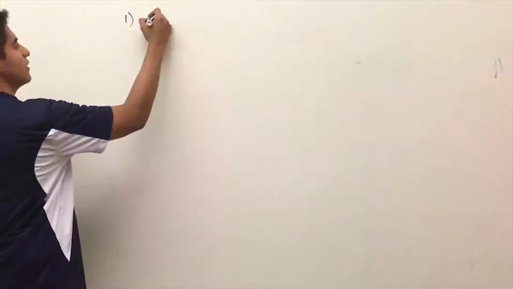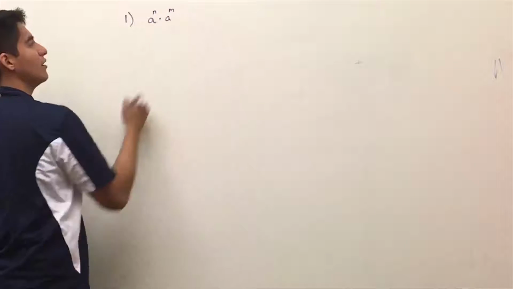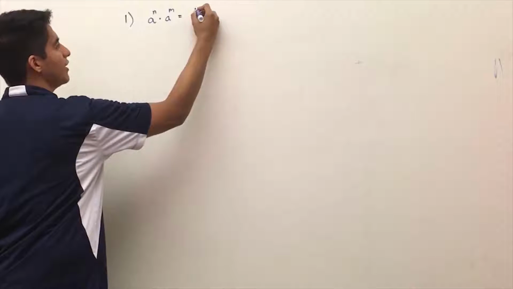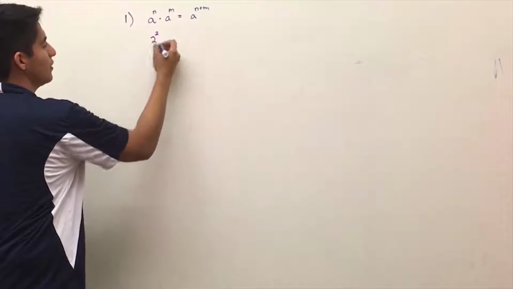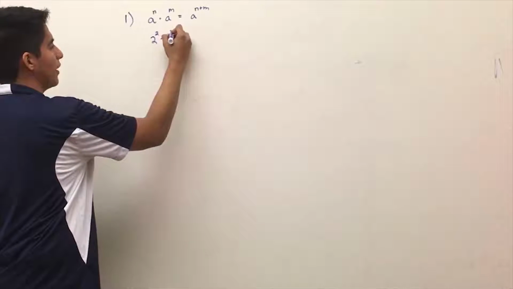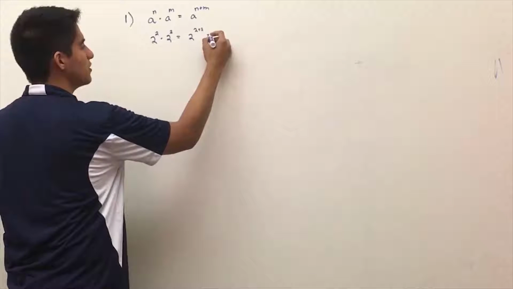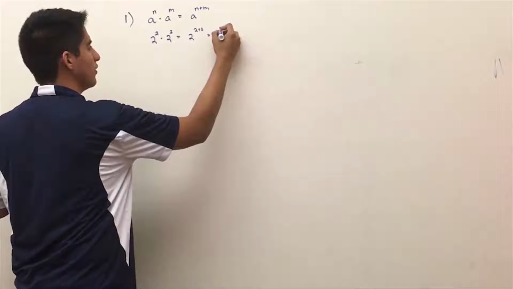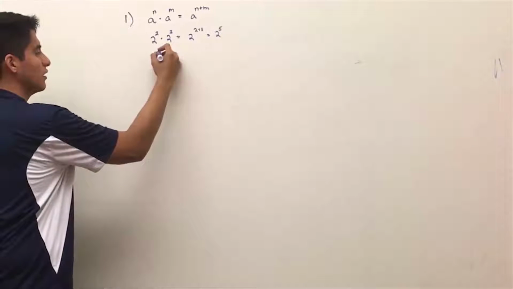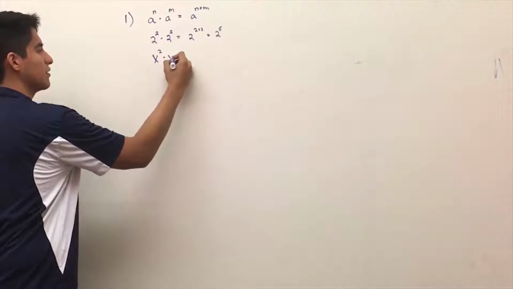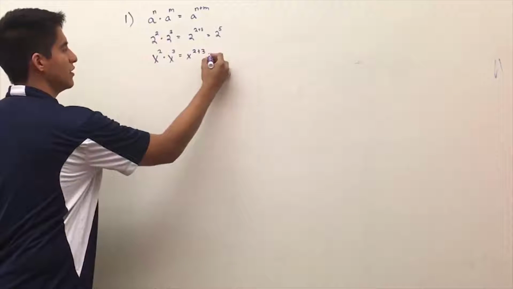The first law states that if we have a to the n power multiplied by a to the m power, the result would be a to the n plus m power. For example, we have 2 to the second power multiplied by 2 to the third power. This is equal to 2 to the 2 plus 3. If you add the two exponents, the actual result is 2 to the fifth power. This can also be done with a variable. X to the second times x to the third is x to the 2 plus 3, which is equal to